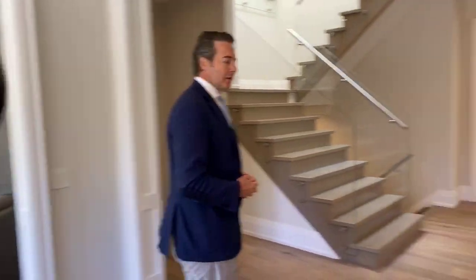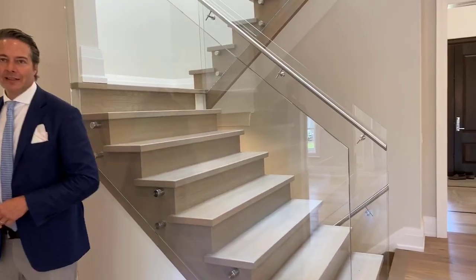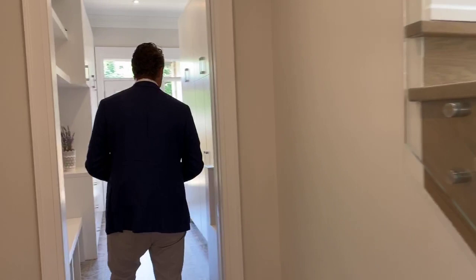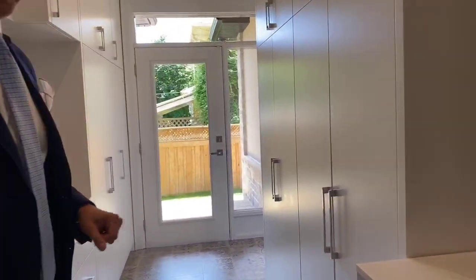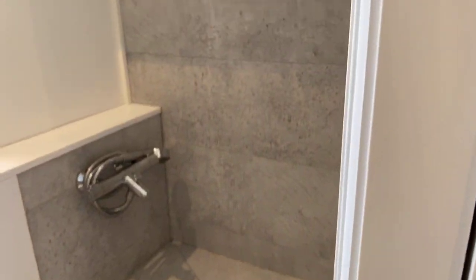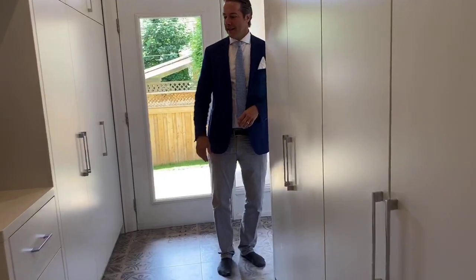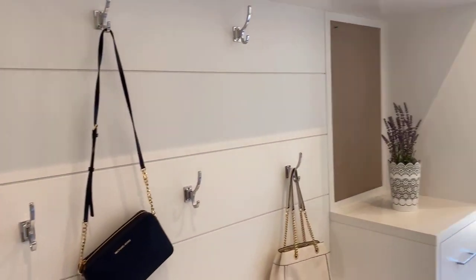Again, we've got over 6,000 square feet of total livable space here, completely custom and contracted day-to-day from the original builders. Nice mudroom, again, access to the side yard, a dog wash here, or in my case, if you have little kids, wash the feet and boots off. Throw them in a dog wash. Great area for getting the kids ready. They have cubbies, hooks, tons of closet space, and fantastic